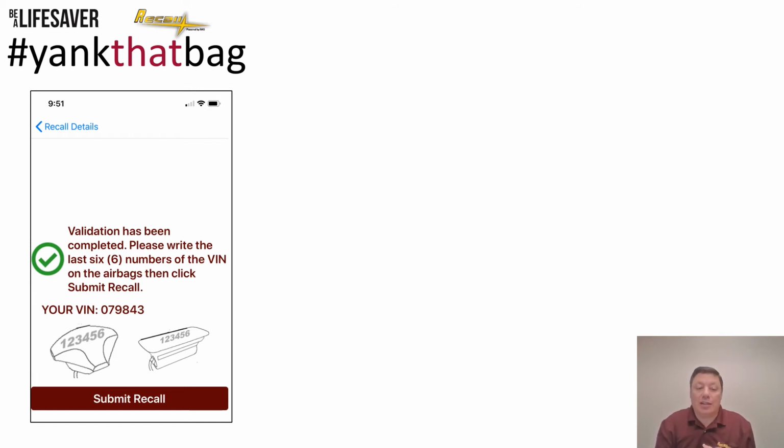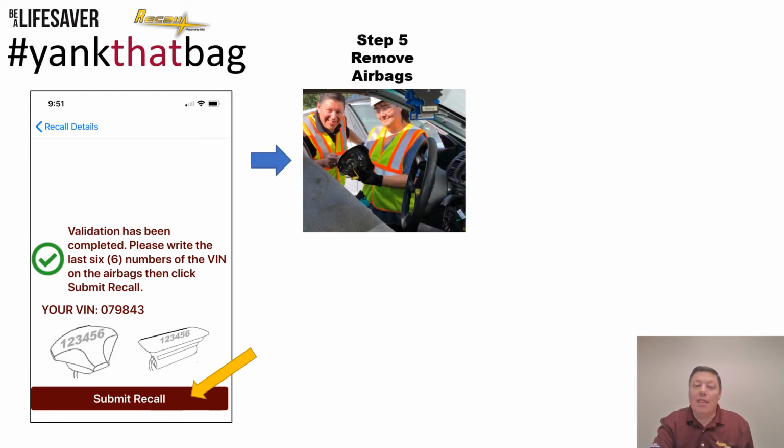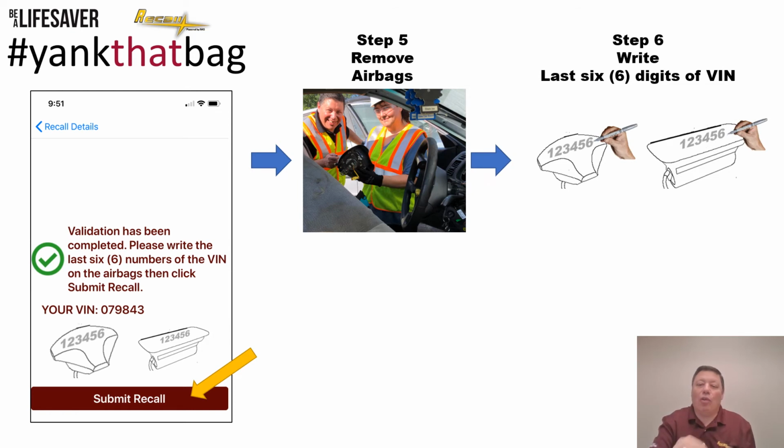Once you've completed the photos, you'll see a page that says validation has been completed. Please write the last 6 numbers of the VIN. Time out for 1 second. First, I'm going to have you click on the Submit Recall. Then remove the airbags, and then write the last 6 digits of the VIN on the airbag. Okay? So you can click Submit, remove the airbags, and then last but not least, put the last 6 digits